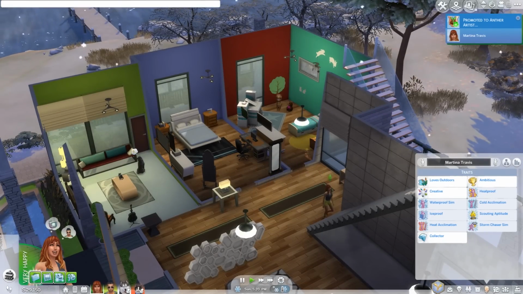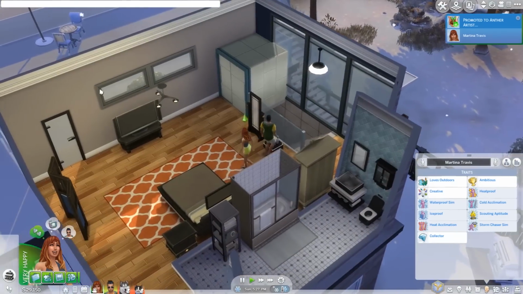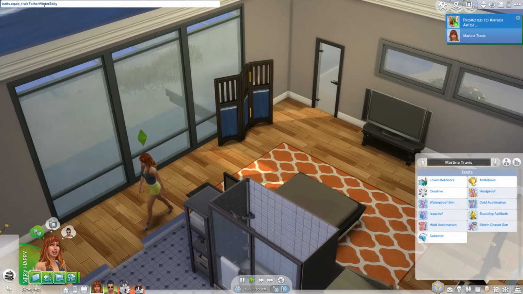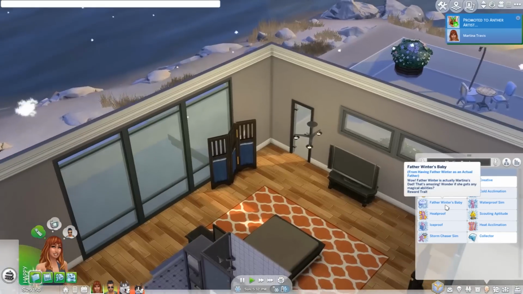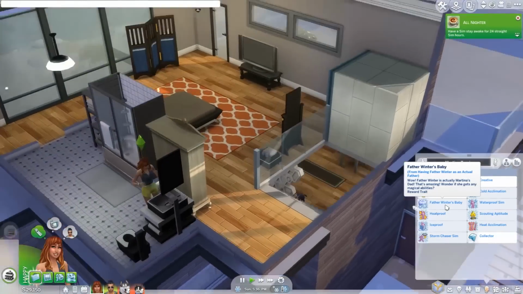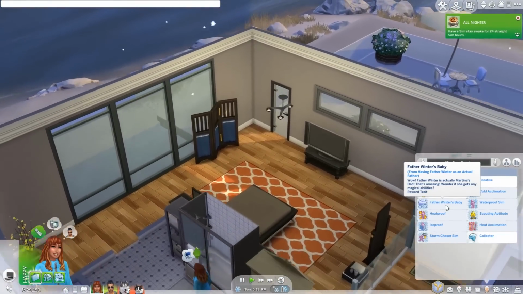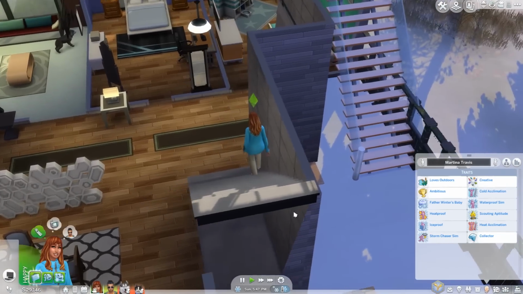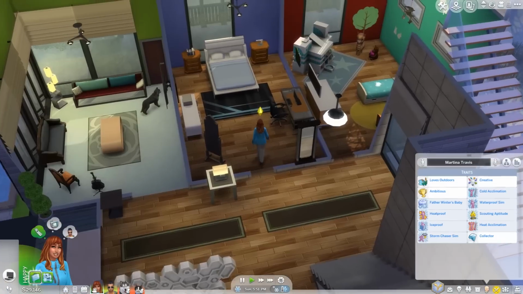Next is called the Father Winter's Baby. This will make it seem like your Sim is actually a baby from Father Winter. So if you type it in, you're gonna notice that your Sim now has the Father Winter's Baby trait, and it says, wow, Father Winter is actually Martina's dad. That's amazing. Wonder if she gets any magical abilities. I'm gonna leave it up to you to explore all the new magical abilities as we explore the last segment